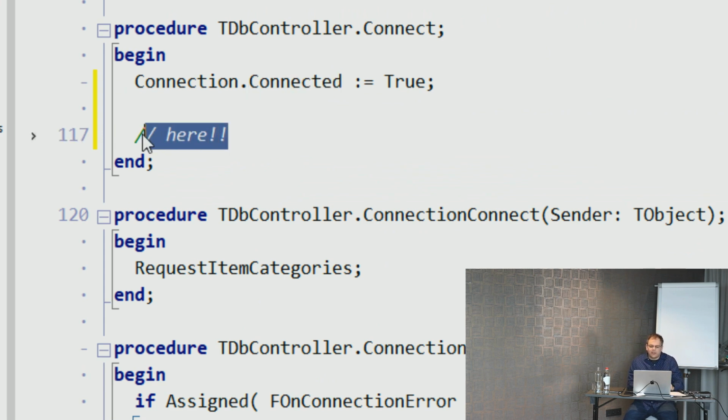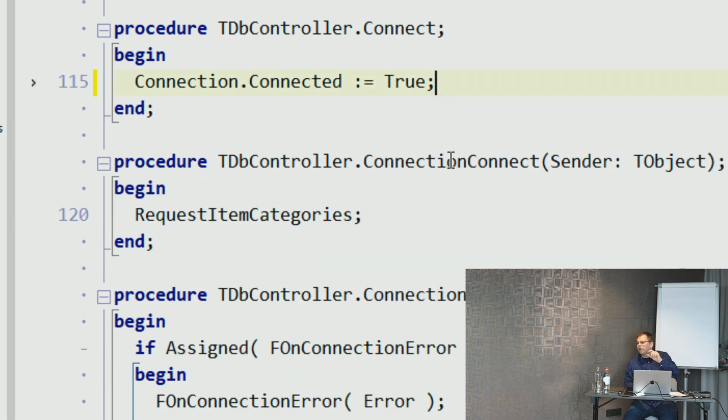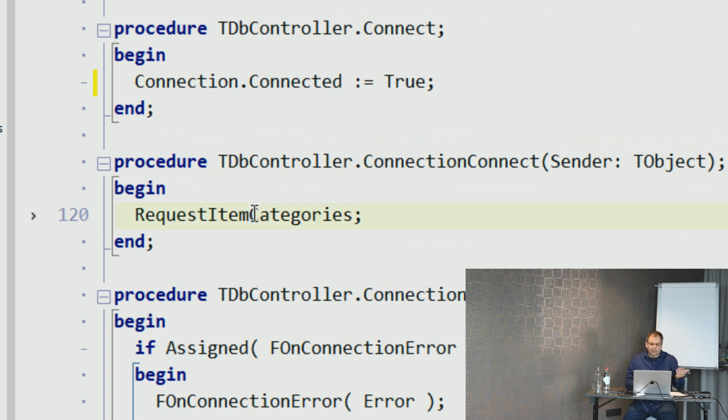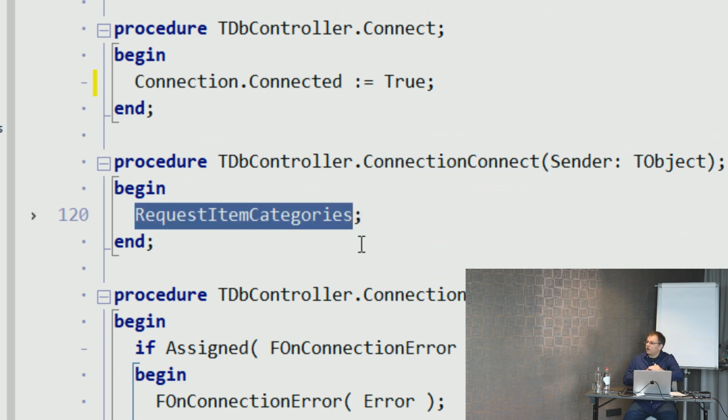So always just flip the property, and then in the connected event, meaning we are connected to the server, start with the operations that you want to do as soon as you are connected. So in this case, request item categories. I want the list of all item categories. If there's an error,